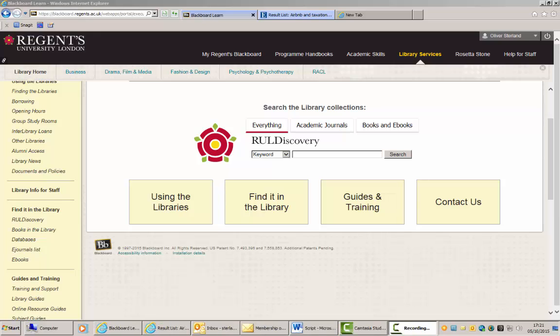So in this tutorial I'm going to show you how to do a basic search on RULDiscovery and point out one or two useful features when searching. For the purpose of this video I'm going to imagine I'm doing some research on Airbnb. That's my topic, and I've already brainstormed a few terms like insurance and taxation, which I figure might be important